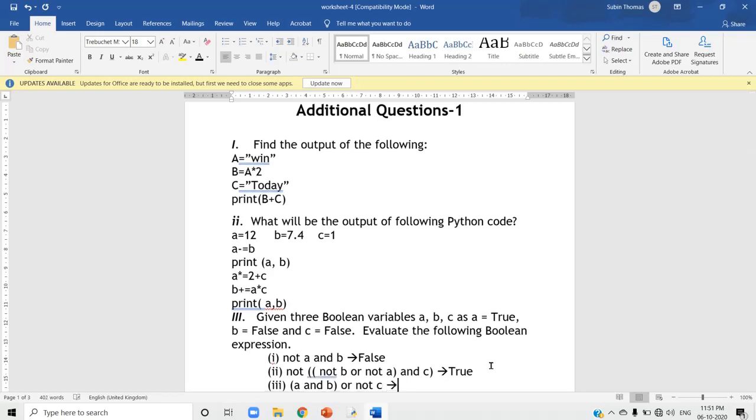See, this is the next question. Again, bracket has the high precedence. A is true. True and false will give you the answer false, right? False or not C. C will be false now. Not C will give you true, so false or true. Individual step by step you can do the calculation there.